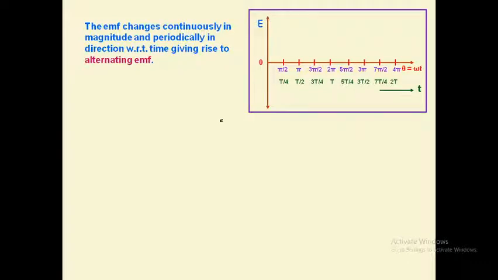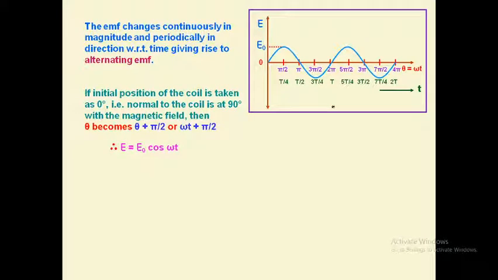So what kind of graph do we expect? We have sine theta. We all know the graph nature of sine theta. Yes, like this. So this is how the EMF changes with time. You can see in the graph, EMF will first increase, become maximum, then decrease and become 0. Then again increase but in the opposite direction, become maximum, and then again reduce to 0. And it will keep on happening so long as the coil is rotating. There are some places where the EMF is maximum, and there are some places where EMF is 0. So this is the nature of alternating EMF.